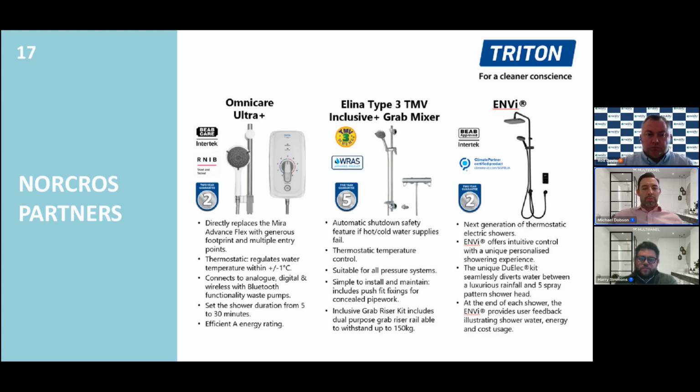Moving on in the middle to the Alina with the Type 3 TMV, which has the grab rail mixer, which will support up to 150 kilograms and gives a slightly different aesthetic, and is suitable for all pressure systems. And then moving on to a new innovation that was just launched a month or two ago, which is Envy, which really redefines thermostatic electric showers as the next generation,